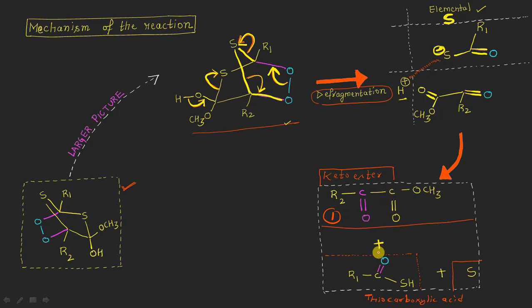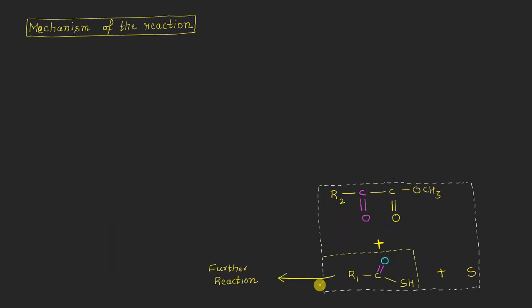But still our reaction is not complete, and now we have to look at the second product molecule, which is a type of thioester, and that will obviously be derived from this thiocarboxylic acid, right? So now we will see how this thiocarboxylic acid will give us the second product molecule, which is a type of thioester. Let me write here thioester, right? So moving on, this will give a further type of reaction, and let us see how that reaction will take place.